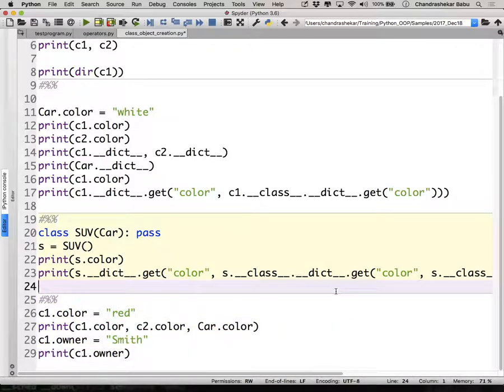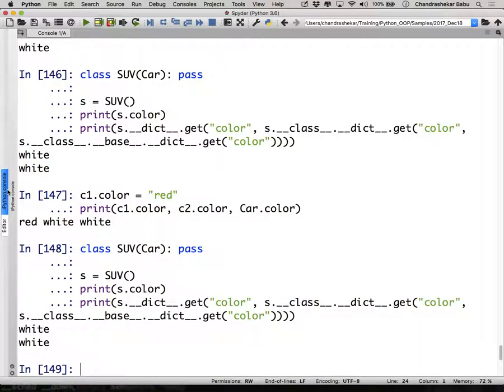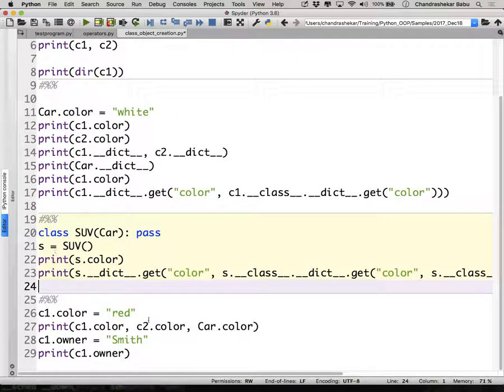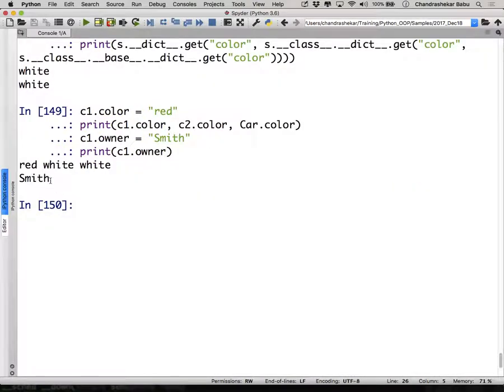Okay, just see the output. I think I didn't run this. I'll just rerun this again. See? Smith.